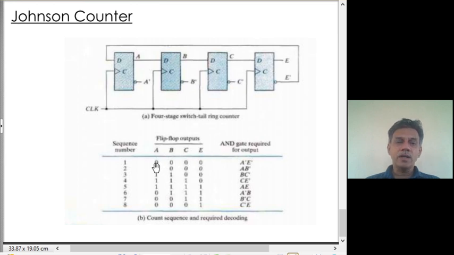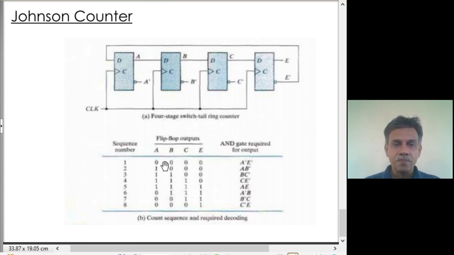We could write out a big expression for this, that is A bar, B bar, C bar, E bar is the unique combination for the first. Similarly, for the third one it is A, B, C bar, E bar, and so on. But you don't need to use even such a min-term like expression. A shorter expression itself will be okay. Basically we are doing a partial decoding, which will be unique for each count.